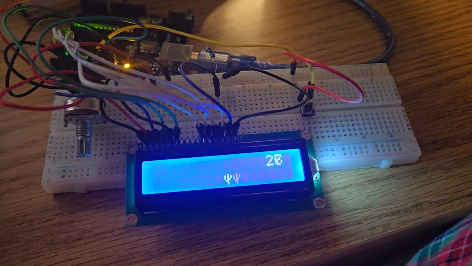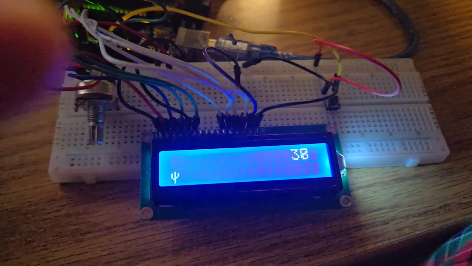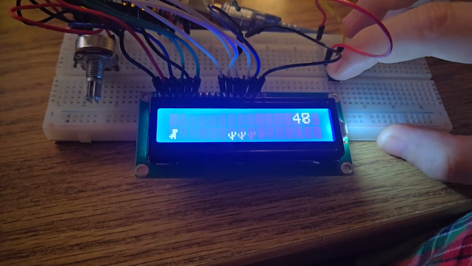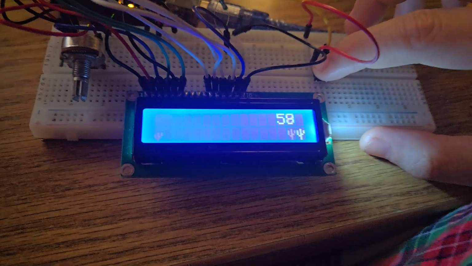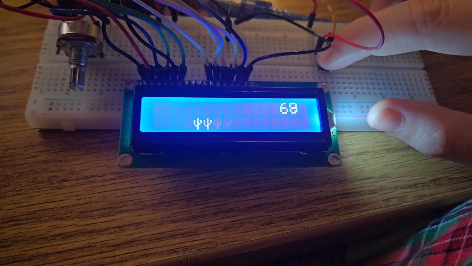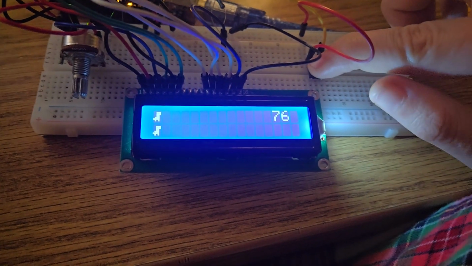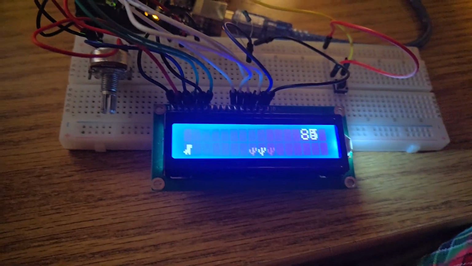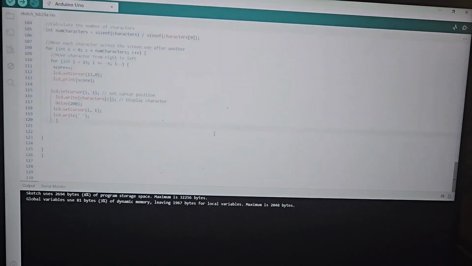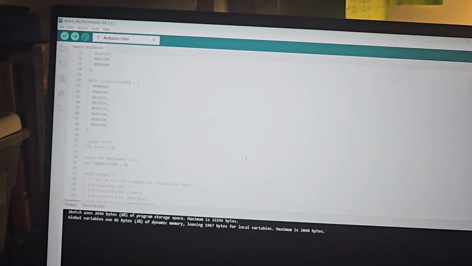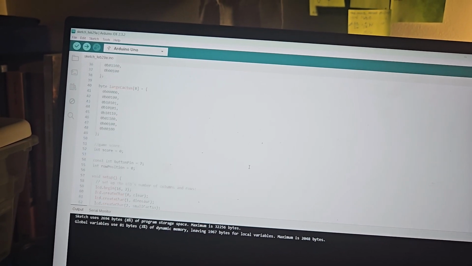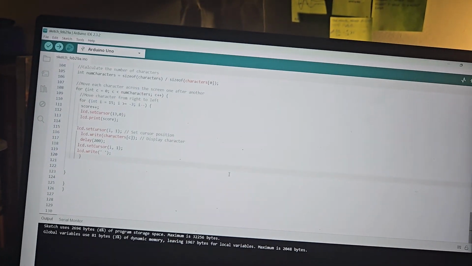So when it's all put together, it looks something like this. Not perfect, not the exact dinosaur game. We can usually get the dinosaur to go up to the top row. After it goes through the loop duration, it pauses the time, it pauses the cactuses. When it goes down, it goes down. So this is just when it is all together, and that's the button in use there, and that's where we are